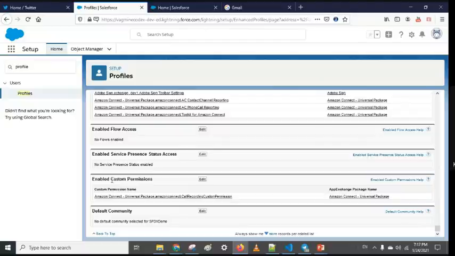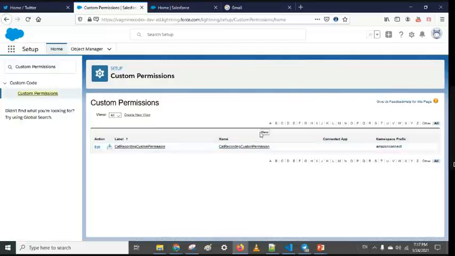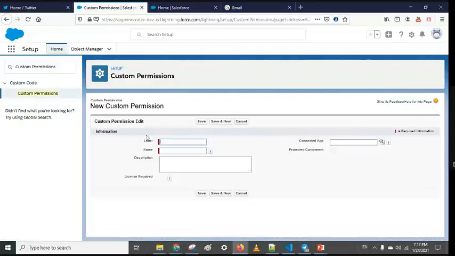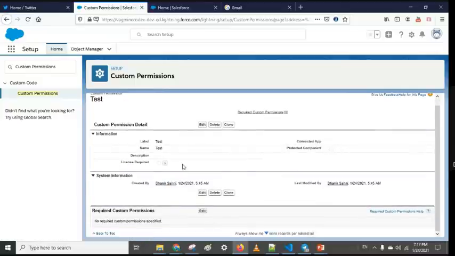I don't think we can assign a permission set in a custom group. Let's create one custom permission. Okay, this is created. Now you create a custom group. Okay, test, and save it. And it is created. You are not seeing any permission set here. Okay.